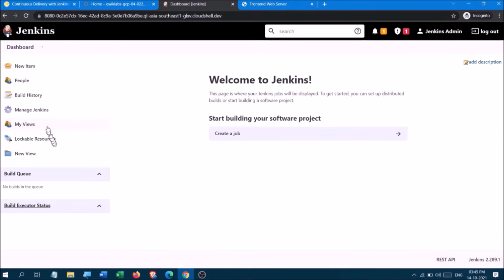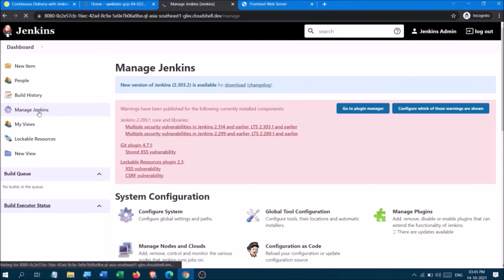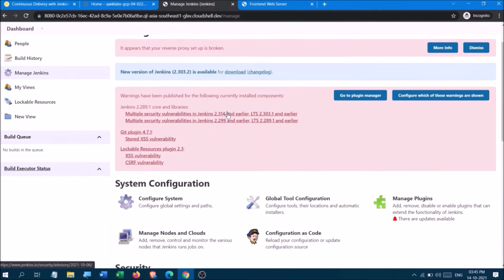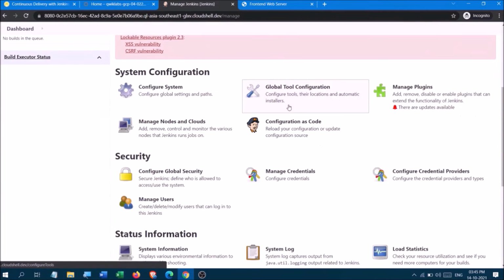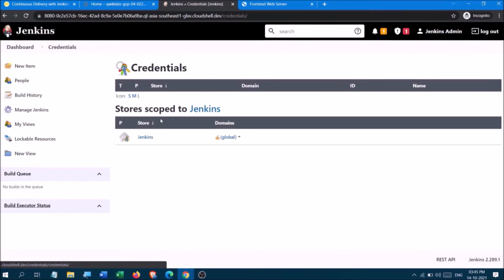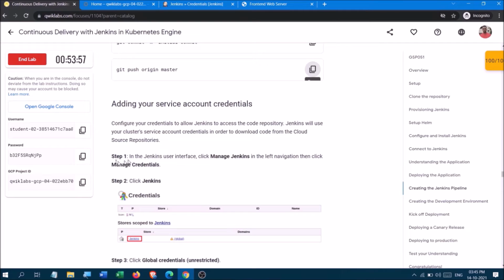Okay, here we have to click here. So manage the credentials, so here is the part. Okay, so clicking on this, after that you have to click on manage credentials.